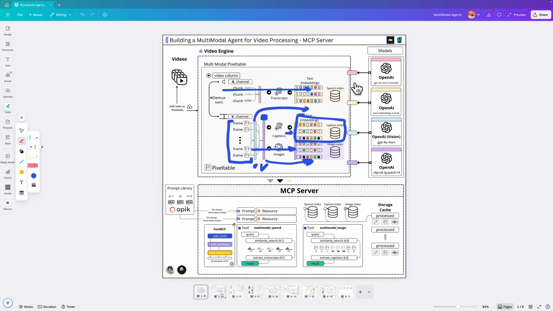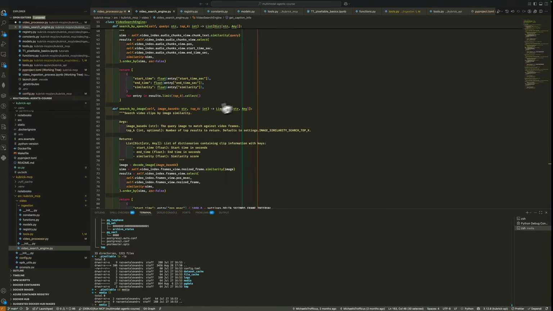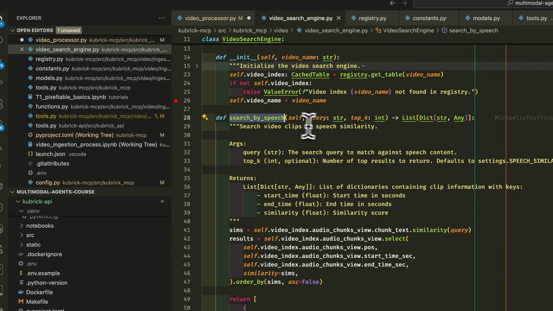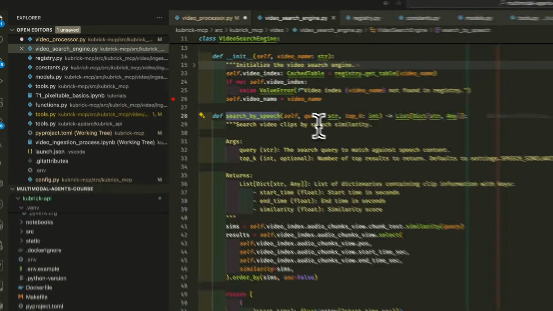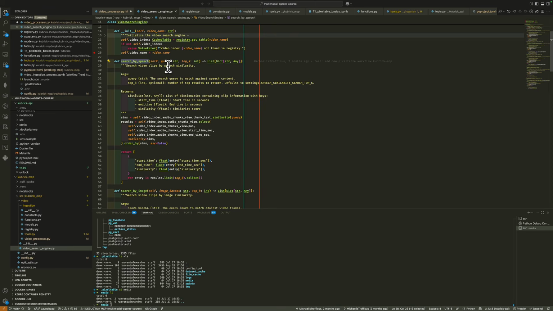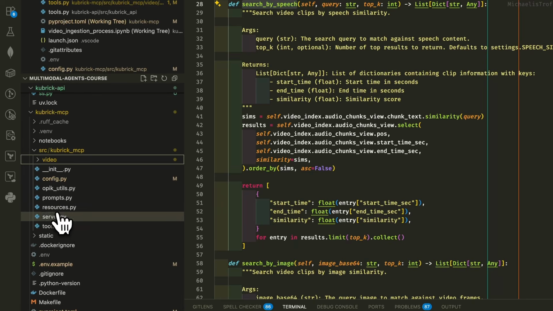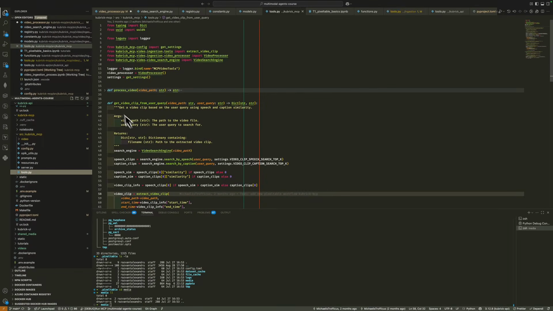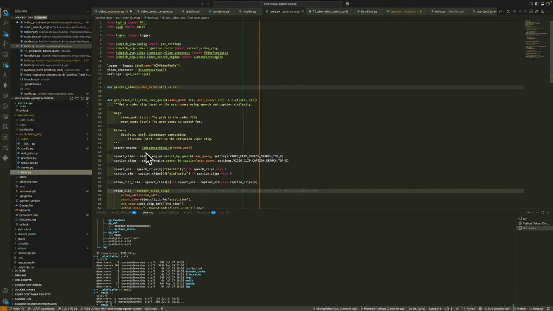And now we need to have another layer which would know which method from this video search engine class to call depending on what tool the agent decides to use. And since we have the video processing pipeline as part of the MCP implementation, we should go to the tools, the MCP tools implementations,